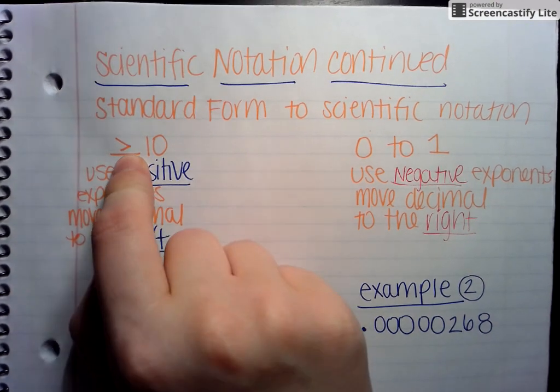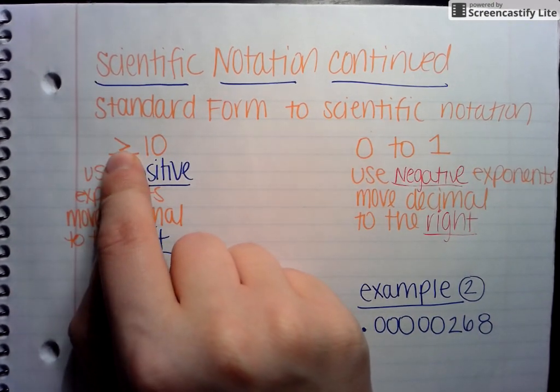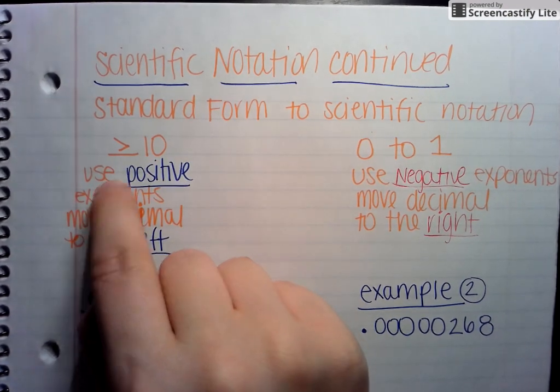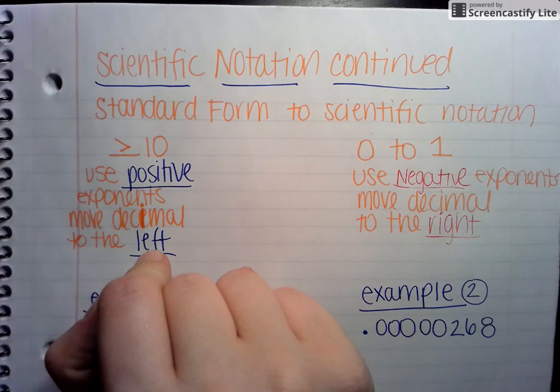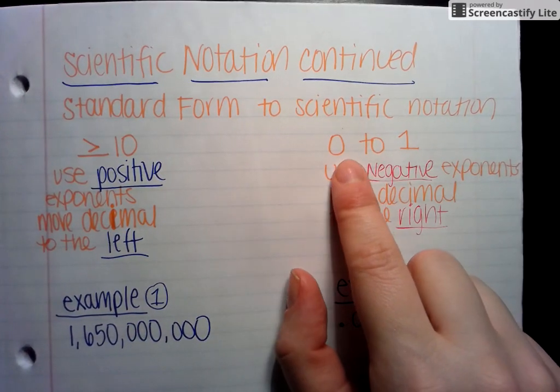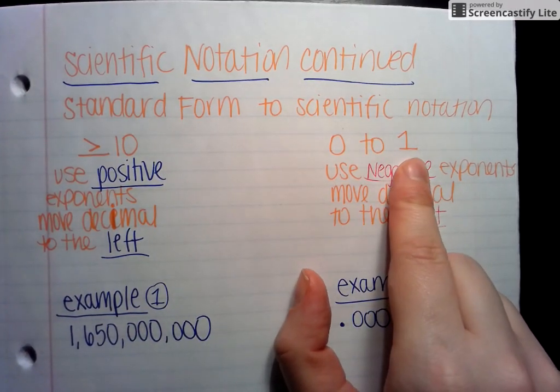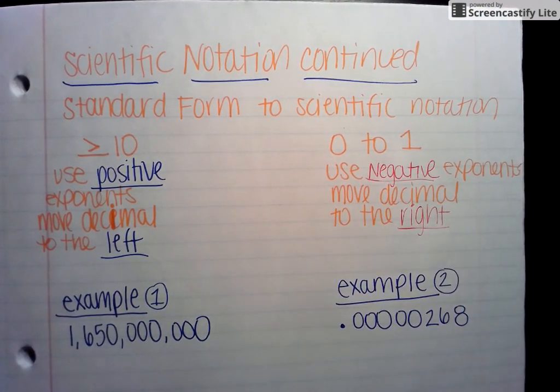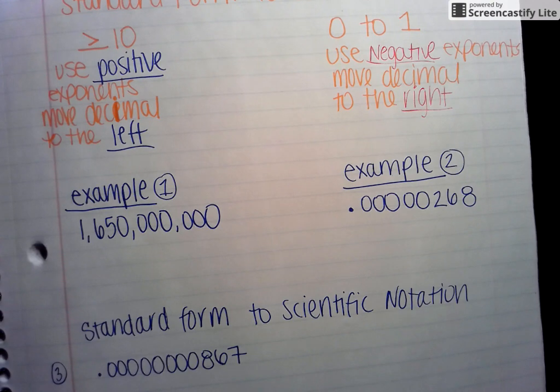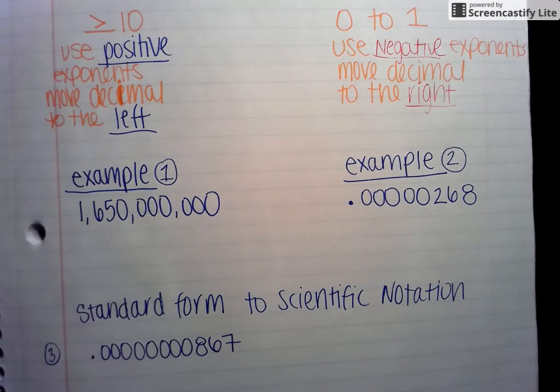So if the number is greater than or equal to 10, I'm going to use a positive exponent, and I'm going to move my decimal to the left. If my number is between 0 and 1, I'm going to use a negative exponent to move my decimal to the right. So for example, my decimal is actually at the end, so I have